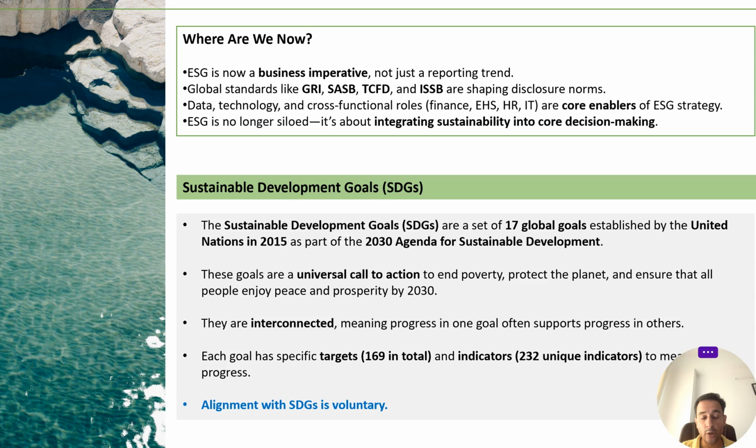So, data technology and cross-functional roles. There are a lot of teams within an organization contributing to ESG. It's not just the ESG team, it's not just the sustainability team. There are a lot of teams. Finance has a very big role to play. HR related people have a very big role to play. EHS people have a very big role to play. Corporate secretariat, they deal with corporate governance related issues, right? Then R&D, you name it, and you will have contribution from all the teams, because we need to connect with each and everyone within the organization to get some sort of data reported from their area, right?